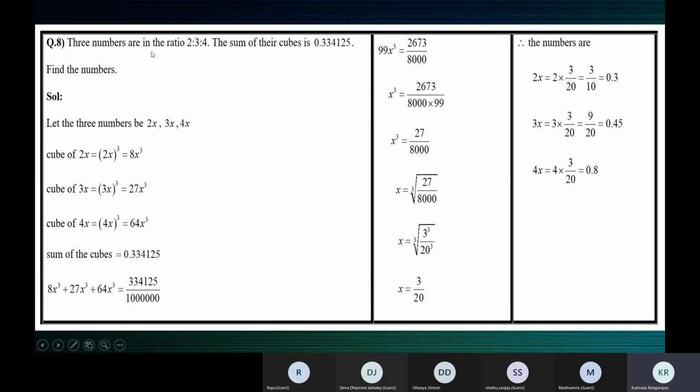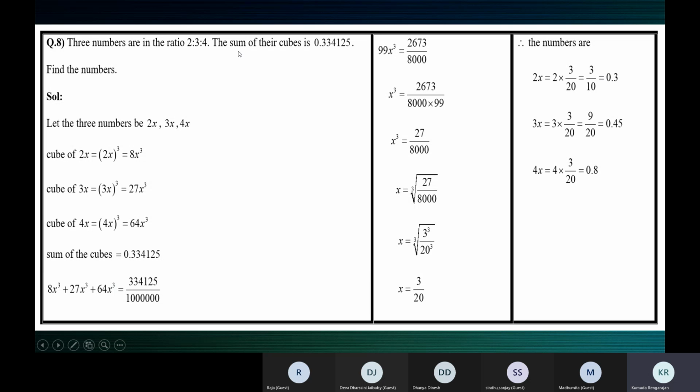That's the difference. And one more thing is, when the numbers are in this ratio, you assume the numbers to be 2x, 3x, and 4x. Give me another 2 minutes, I'll wind up. So the numbers are in the ratio 2:3:4. So let the numbers be 2x, 3x, and 4x. Now what is given here?